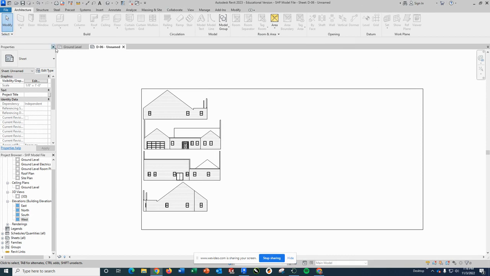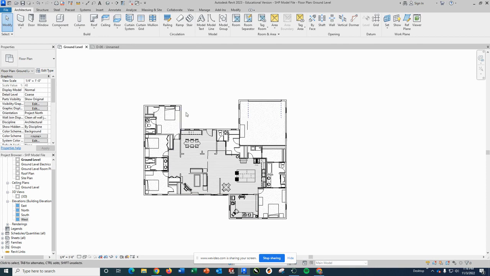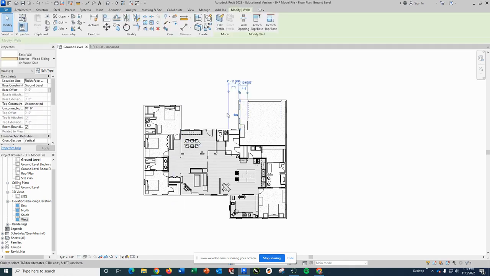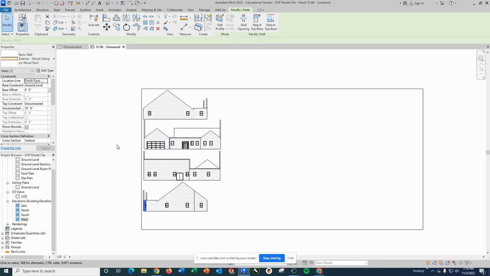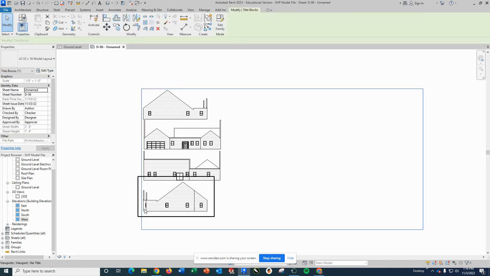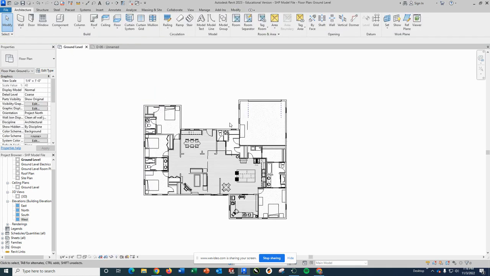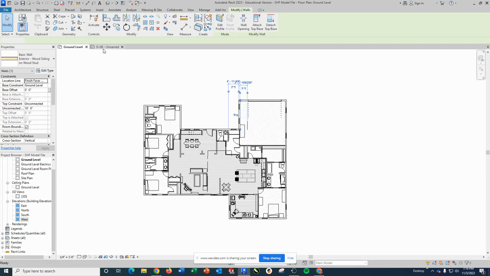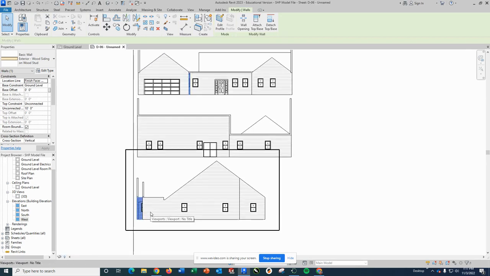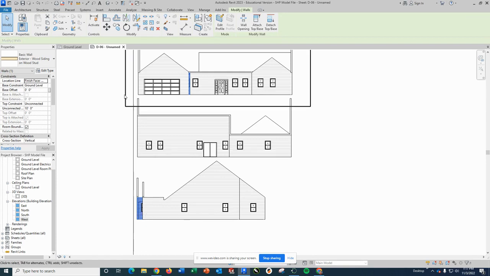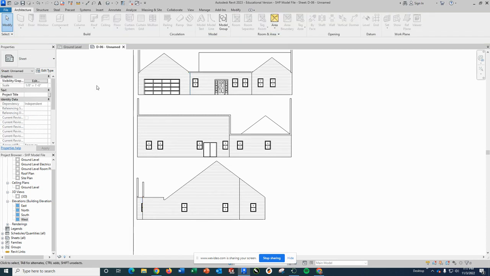Now, as you look at my ground level, you'll notice there's a couple of walls that are not visible in your standard elevations. That is namely this wall here and this wall here. This wall's partially visible from the west side. If I go to my west one, you can see that that's what was highlighted just a second ago. So if I go back and I click on it, when I come here, you can see it highlighted. So that's just also a way to check and see what's going on. As you can see, again, I've only got part of that wall, and you can see the edge of it is right there. So I need to create some